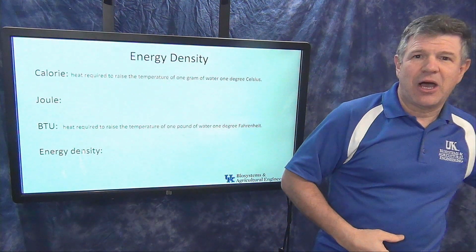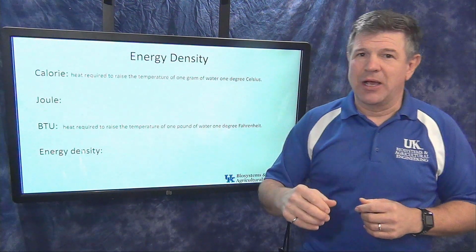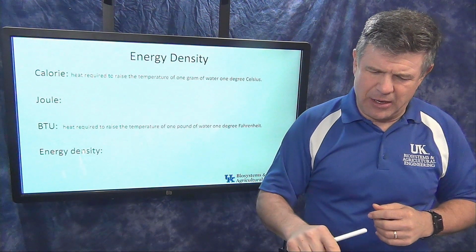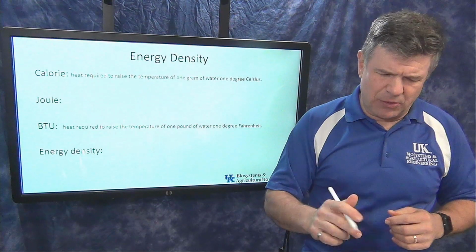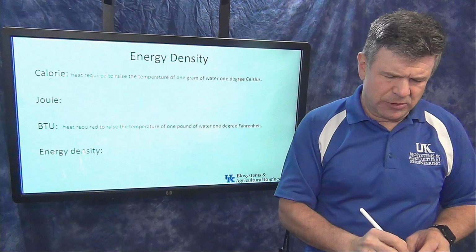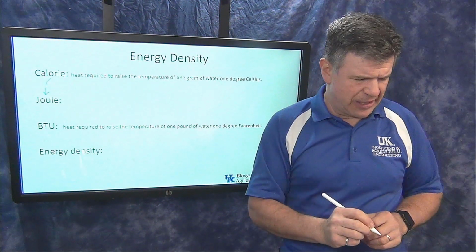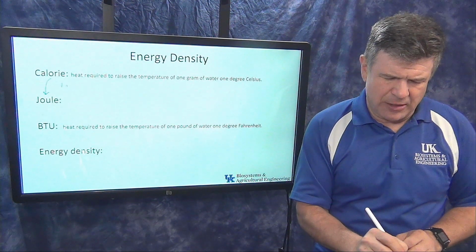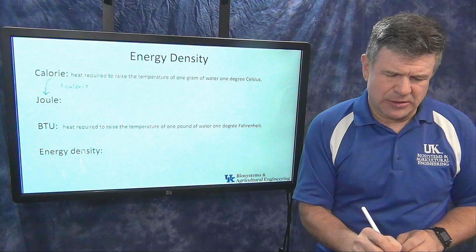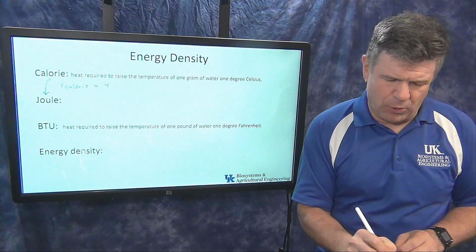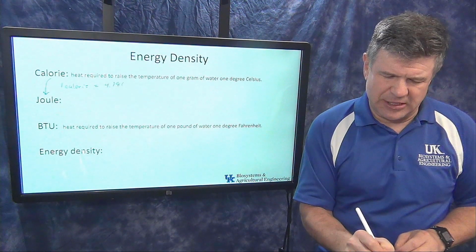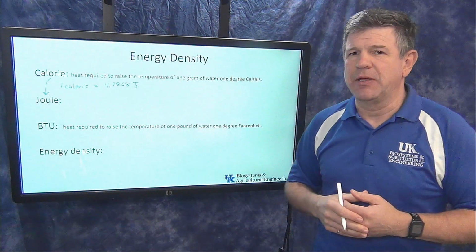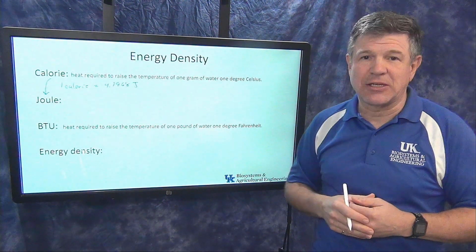Now, we rarely talk about calories when it comes to fuel. What we typically talk about, and our typical unit, is a joule. So we don't talk much about calories. Now, there is actually a conversion from calories to joules. So 1 calorie is equal to 4.1868 joules of energy. So when we're looking at fuels, we're typically looking at joules, and that's a direct conversion,